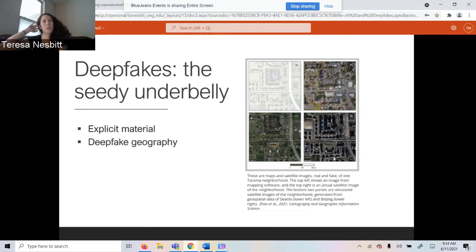But you really don't have to stretch your imagination too far to think about less ethical ways that this technology could be used. You could have a country that really wants to obscure something sketchy going on within its borders and maybe alters satellite imagery to cover up whatever's going on on the ground.